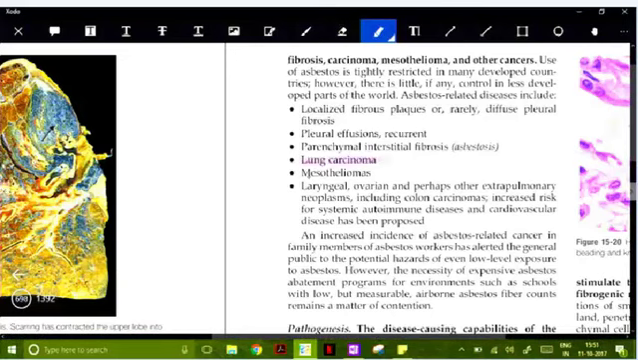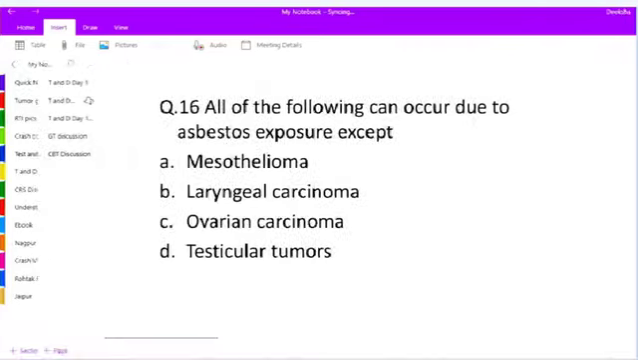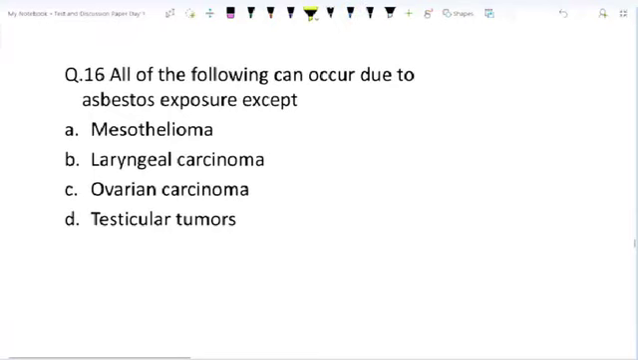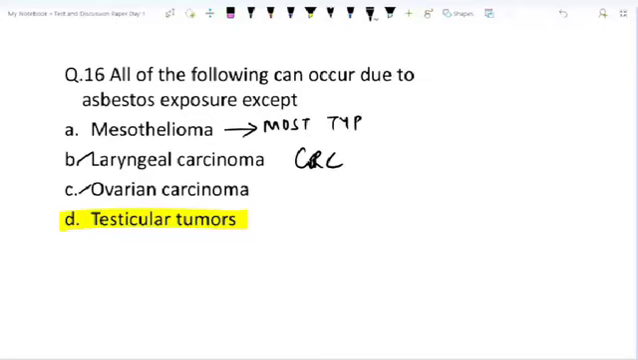Lung carcinoma, mesothelioma, laryngeal, ovarian and colon cancer. So these are the ones that are mentioned: lung, laryngeal, ovarian and mesothelioma. So directly our answer becomes testicular carcinoma. So what all you have to remember? Laryngeal, ovarian, colorectal. Mesothelioma is the most typical that occurs due to asbestos exposure, and lung carcinoma is the most common that occurs due to